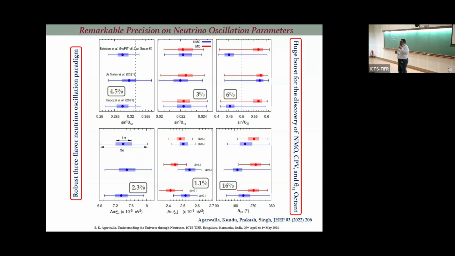You have so many data. Remember my first word yesterday. We have ample data from different sources, different L, different E, different systematics, but we have only one model, which is 3-flavor neutrino oscillation with matter effect. And it can fit almost 99% of the data in one framework satisfactorily. And it doesn't matter whether you do the fit, or he does the fit, or she does the fit. They all landed up in the same picture. It tells me that it is robust.